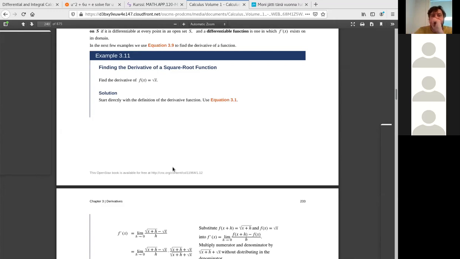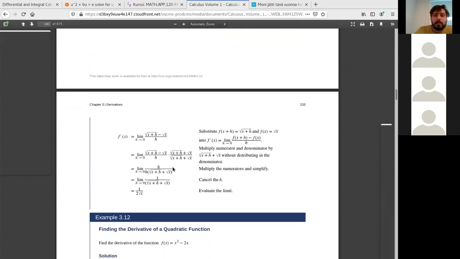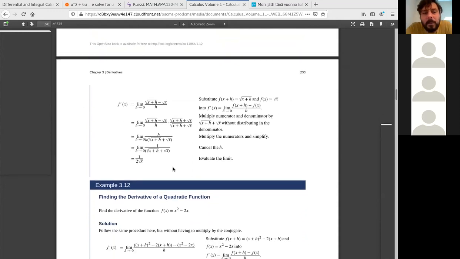So we'll find the derivative of the square root of x. So we punch in here. We find f prime of x is the limit as h goes to 0 of f at x plus h, that would be the square root of x plus h, minus the square root of x, divided by h. So we multiply both the numerator and the denominator with the square root of x plus h plus the square root of x. So that if we multiply those, we notice that the numerator becomes x plus h